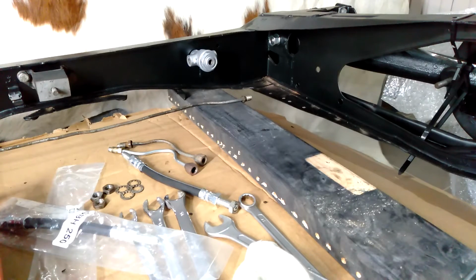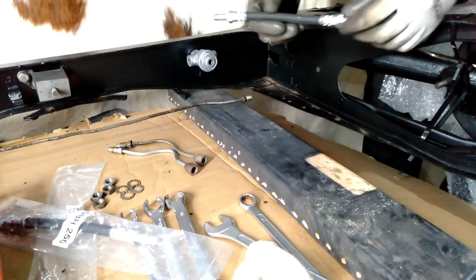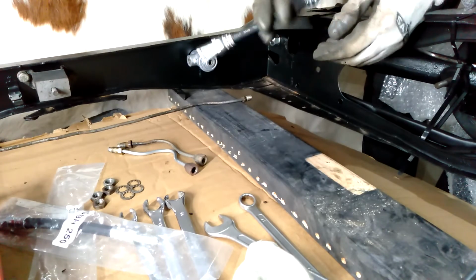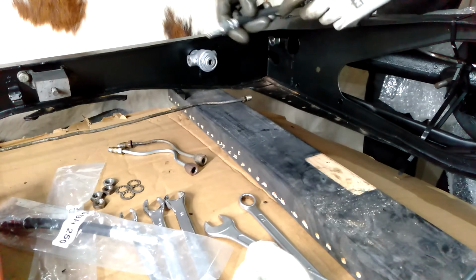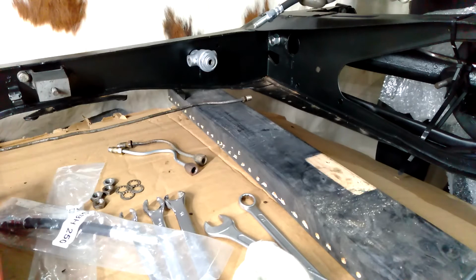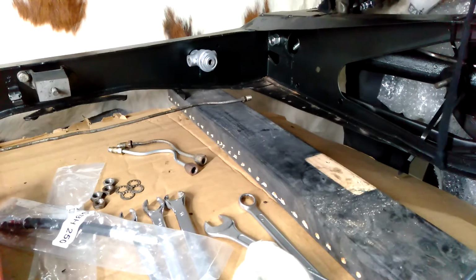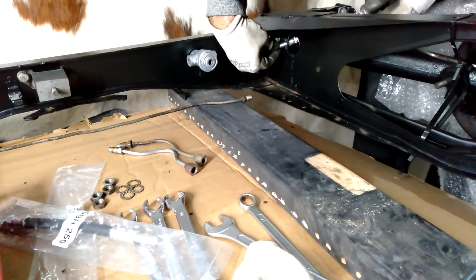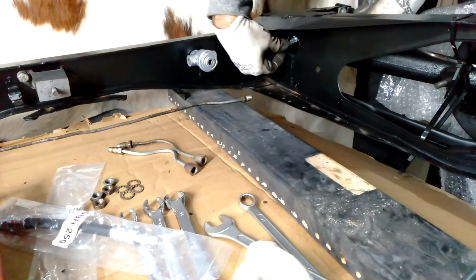Okay, so first I want to just fit the brake hoses. So what we need to do here is both ends are identical, so it doesn't matter which way around it goes, but you'll notice there's a little natural bend in there, so I'll make use of that to not stress the rubber as much. So I'll feed it through here and then it will stick through that little hole there, and that is where it needs to be held on there with a